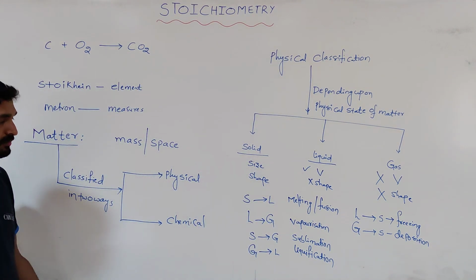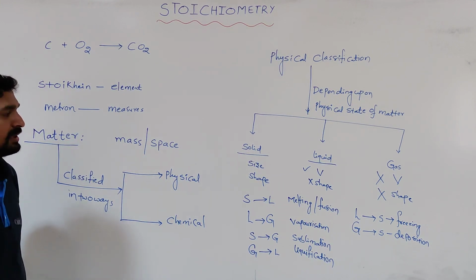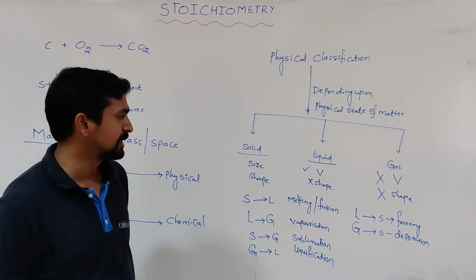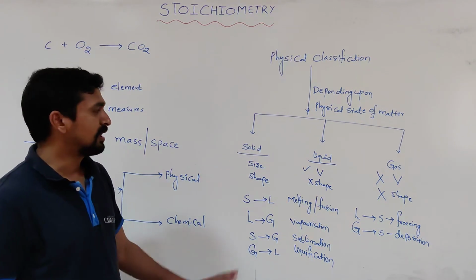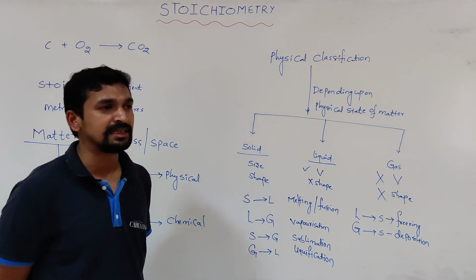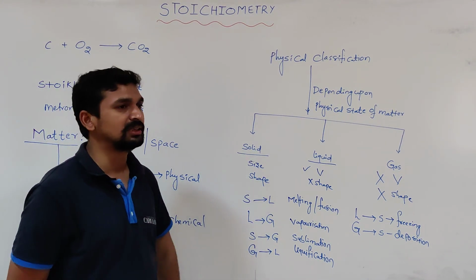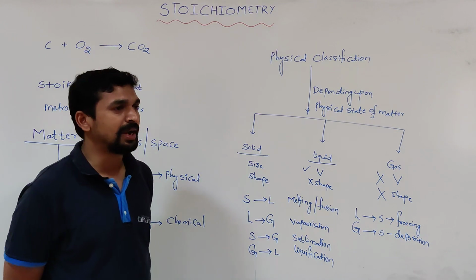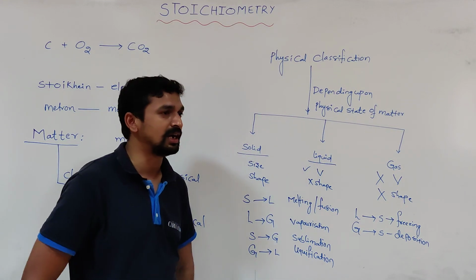So now, these are the different physical states of a matter. In which of the three physical states the matter exists is decided by the temperature and pressure. In all three physical states, the constituent particles never maintain equal distance. In the gaseous state, the constituent particles are separated by a large distance, whereas in the solid state the particles come very close to each other. In the liquid state, compared to solid they are somewhat away from each other, and compared to gas they are somewhat close to each other.